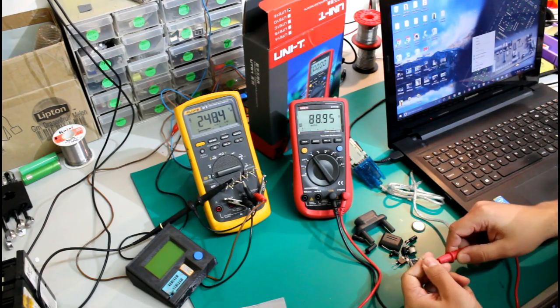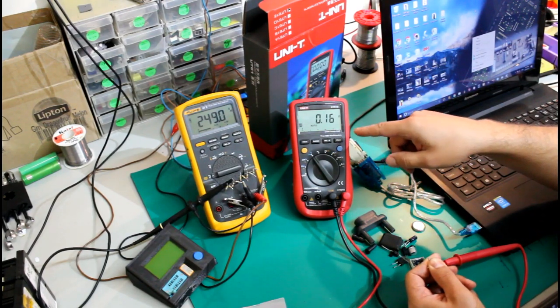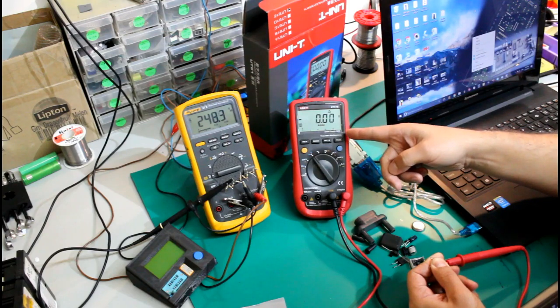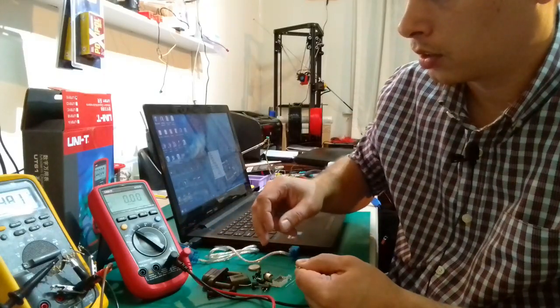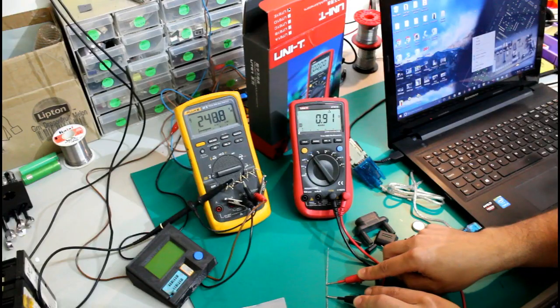So it seems like the resistance of the test leads here is like 160 milliohms. If I zero it out, I should be able to use this to measure some shunt resistors. Okay, for instance, I could measure right now the resistance of this steel wire, at least of a portion of it,